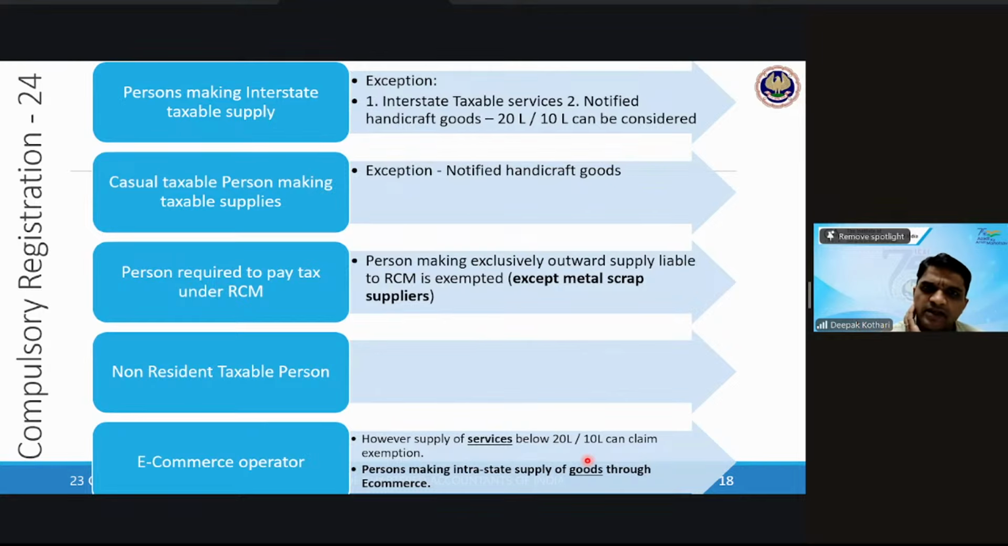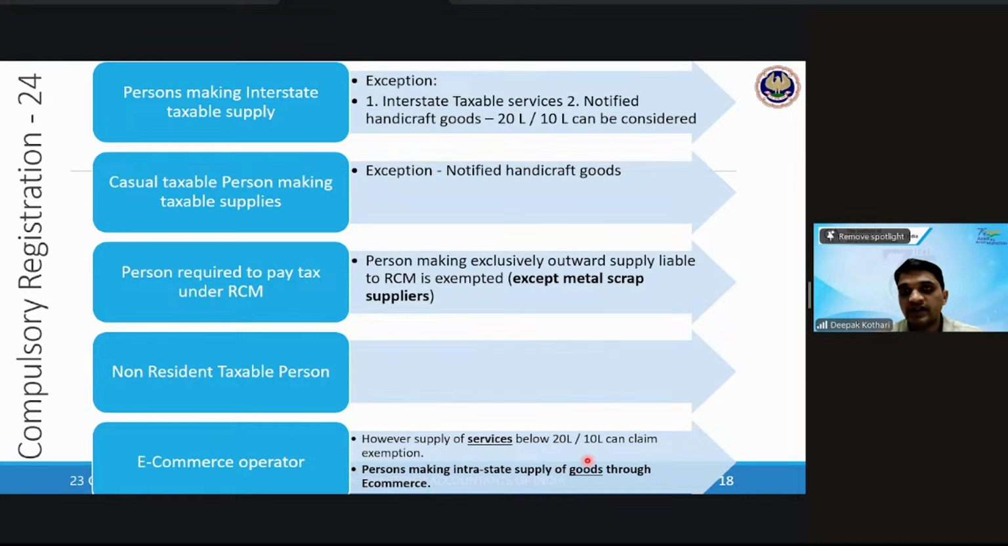कि अगर आप एक e-commerce operator, जैसे एक चार्टर्ड अकाउंटेंट है, वो अपनी सर्विसेज ऑनलाइन सप्लाई करता है. There are various apps like freelancer.com, and that's an e-commerce operator. Now from freelancer you can make interstate supplies also. So अगर आप interstate supply कर देते हो then first point will trigger, but then this comes